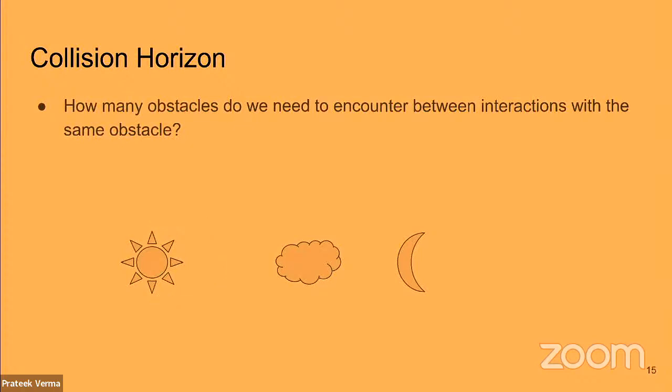But if we wanted to take this longer path that goes past the cloud, the moon, and then around, we can see between the times that we return to the sun, we encounter 2 additional obstacles. And that makes our collision horizon 3, because to properly